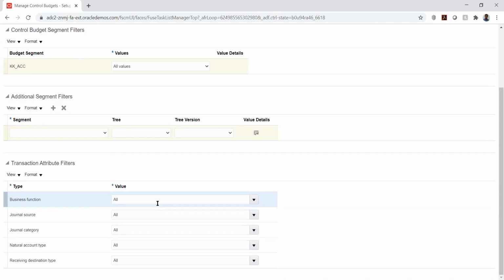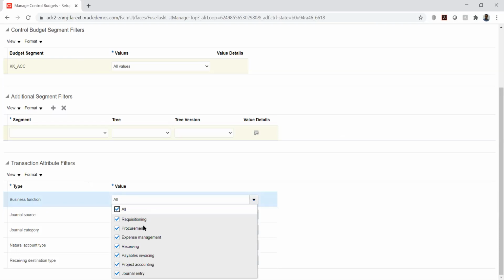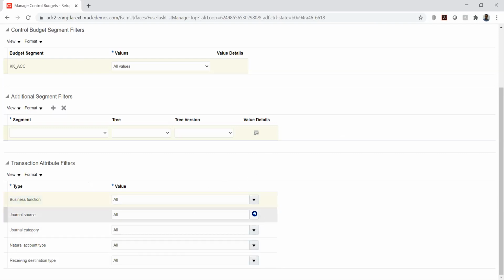And here we will see the subledger wise restriction if you want to have. So business function. So we can click here. So if we want to have it for the journal entry and the payable invoice purchasing, for those things also we can use this particular option. Similarly, we have the journal source as well.